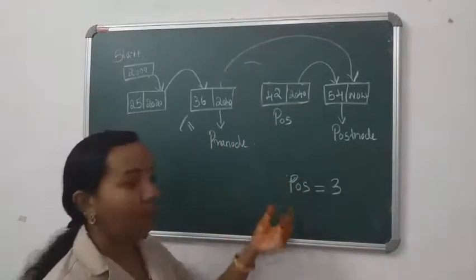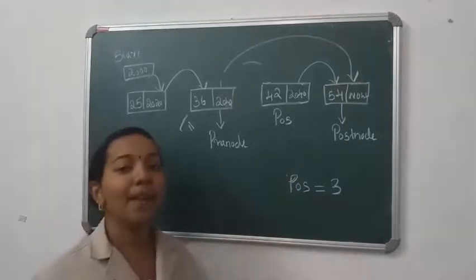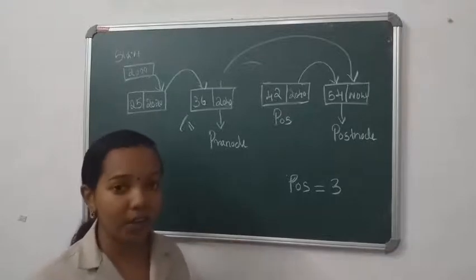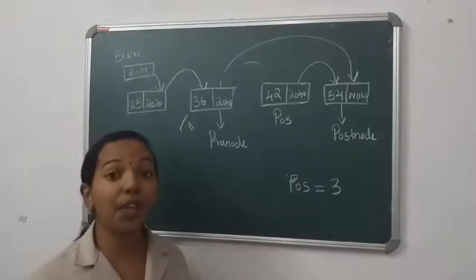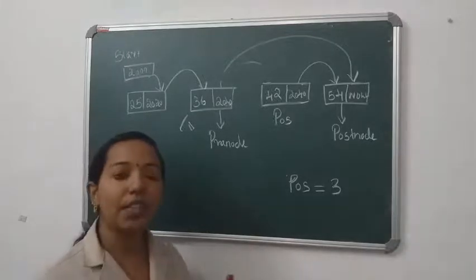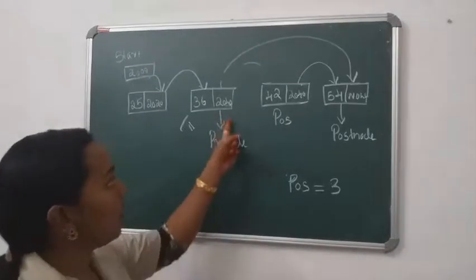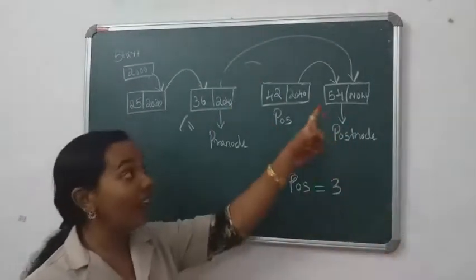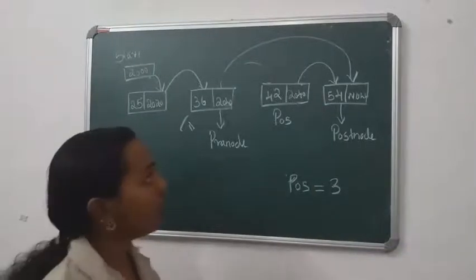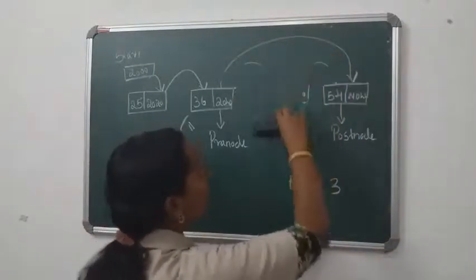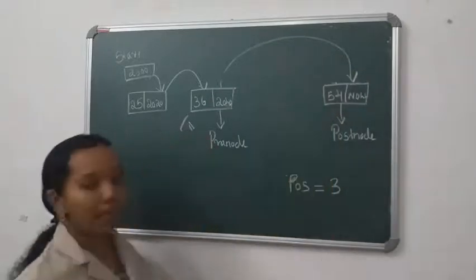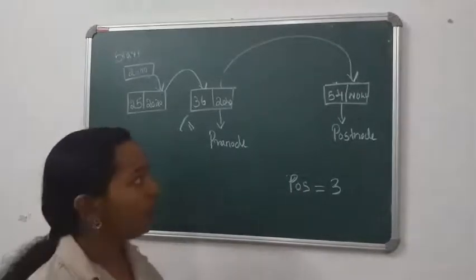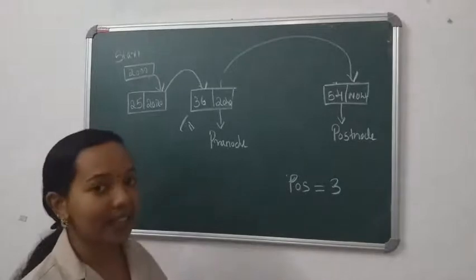So that means we can free the node at position POS, because there is no connection with the second node, or no connection with the pre-node. So we can free up, that means we can delete the third node. If we copy the post-node address here, automatically the pre-node makes a connection with the post-node. So we are completely removing the node at that position, and automatically the node is removed from this linked list. So this is the illustration of linked list deletion.